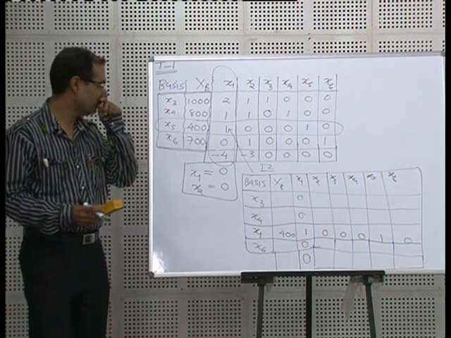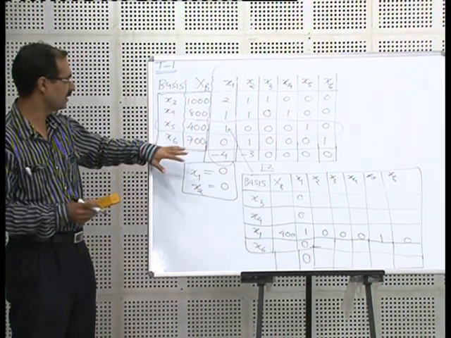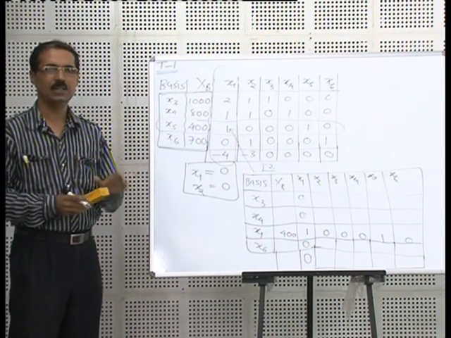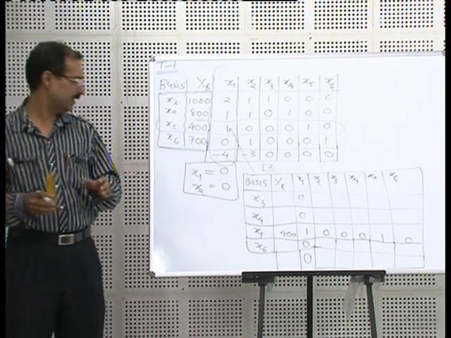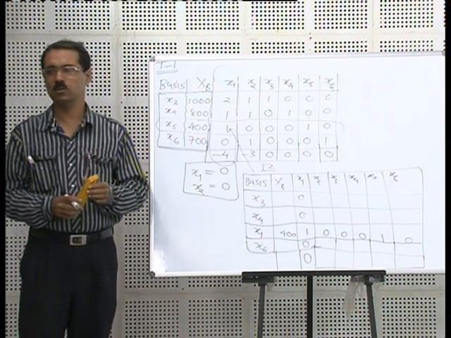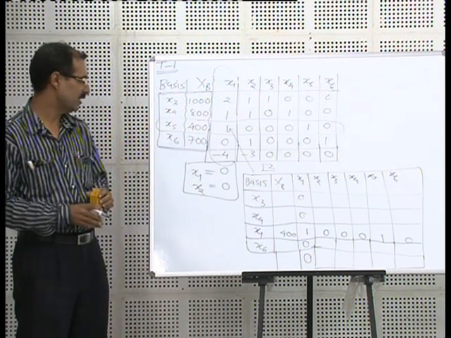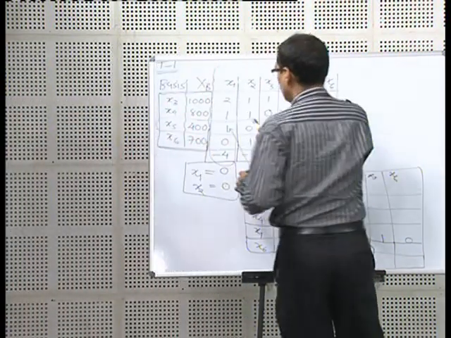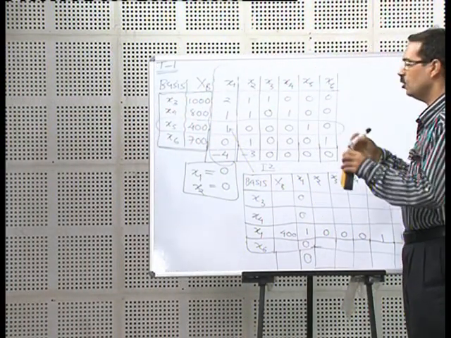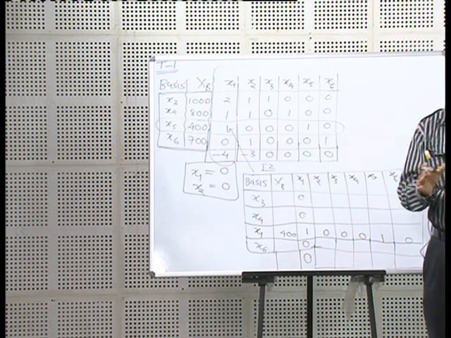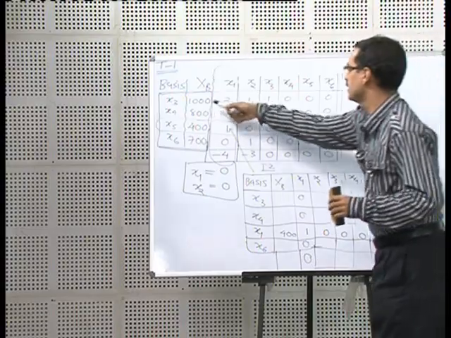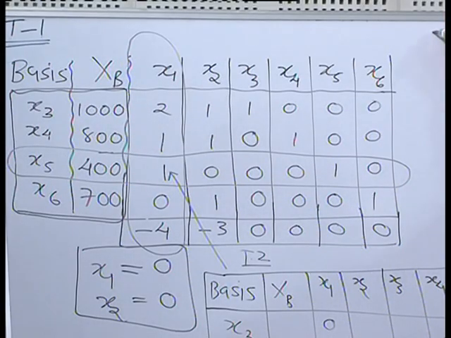The question is, what about the other rows? We can see here that there were 5 rows: the first, second, third, fourth and the last row. We had 5 rows, we have taken care of only 1 row, and the other rows are to be taken care of. We will start with the first column. The process is quite simple. Look at the original row. We apply some process which is called elementary row operations.